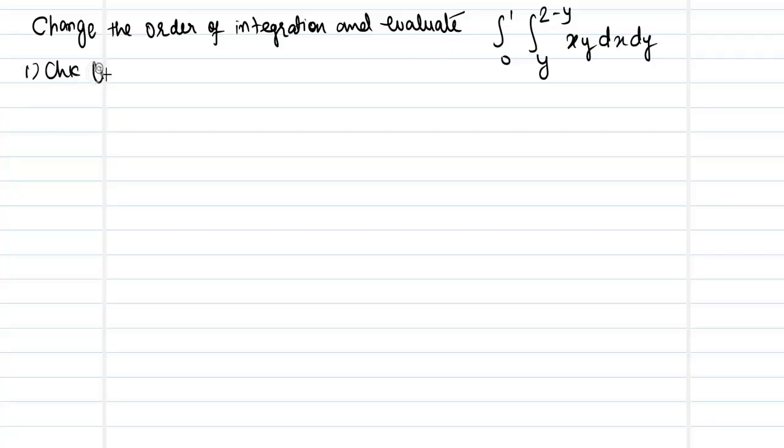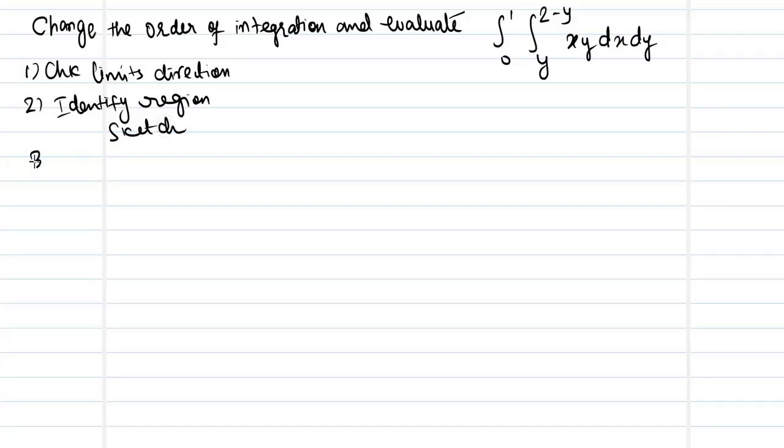the limits. If the direction is going to be correct, then you leave it as such. If the direction is going to be different, then you will have to rewrite your problem. Number 2, sketch the region after identifying your region of integration. So the sketch will help you to move to your step number 3, where you fix the new limits. So once the new limits are fixed, step 4 is the final one, where you evaluate the integral using your